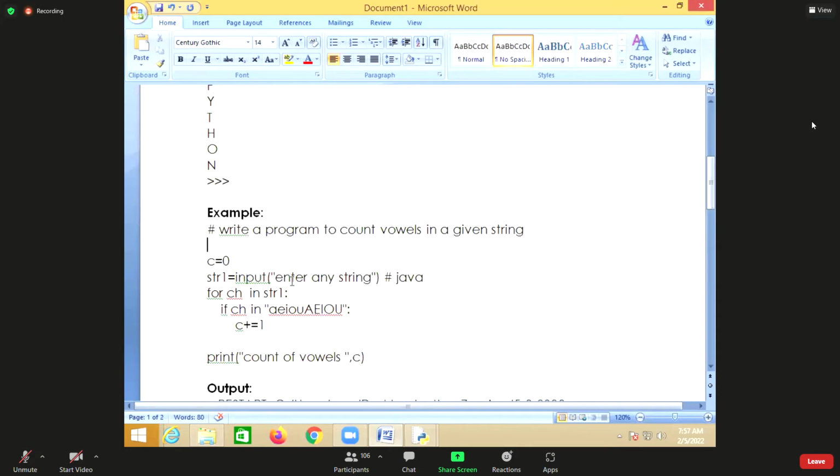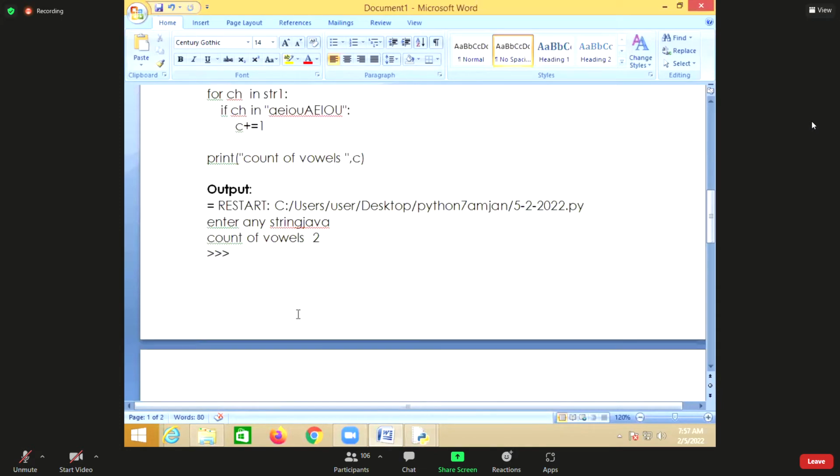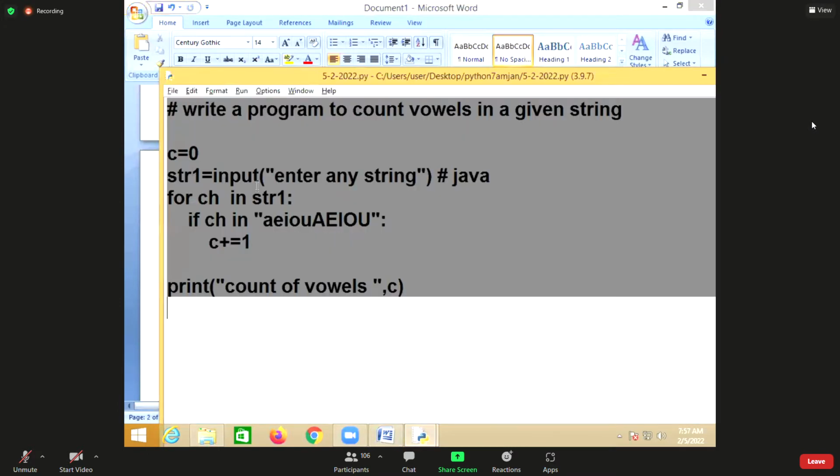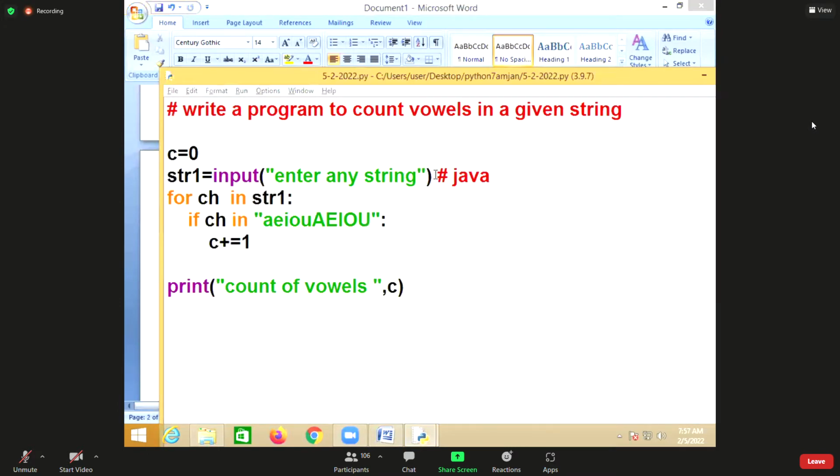Collections are what are called data structures. These are examples just to understand how to use the for loop. For example, write a program to count.